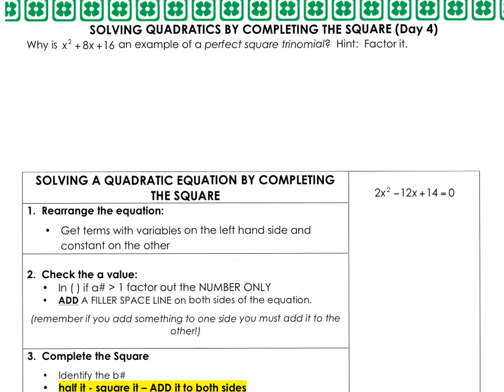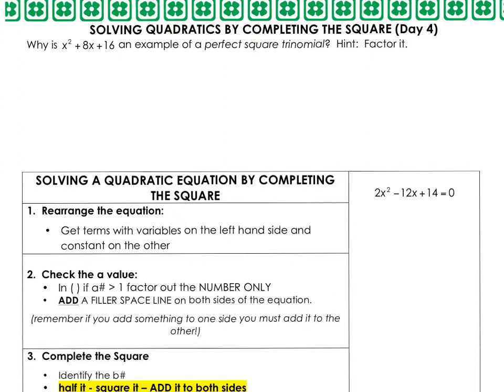Welcome to video 4. Today we're going to look at solving quadratics by completing the square, more of a specific step-by-step method that you can use to help go through the steps of completing the square. But remember, we can also have our picture that we just talked about in the previous video to represent completing